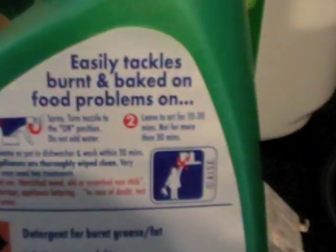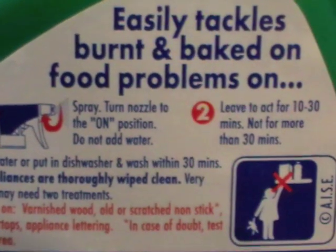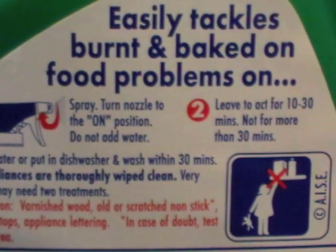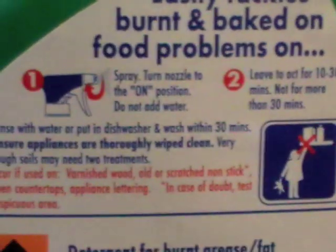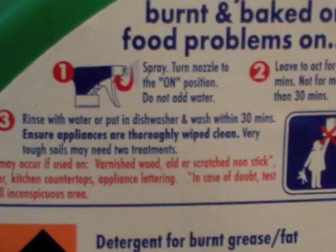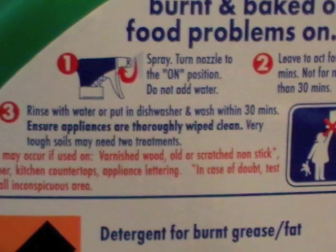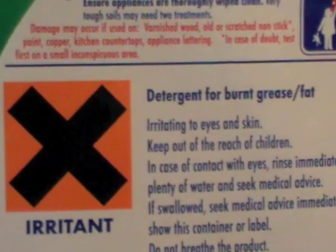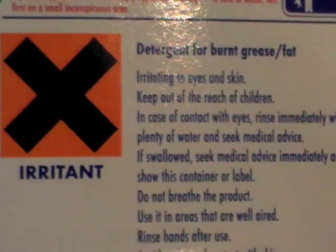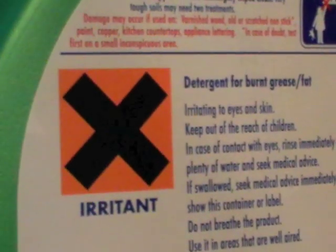Okay, just so you're aware, here are the details of Fairy Power Spray. It's quite a strong substance. Spray, turn the nozzle to the on position, do not add water. Leave to act for 10 to 30 minutes and no more than 30 minutes. Rinse the water, put in a dishwasher and wash within 30 minutes. Ensure appliances are thoroughly wiped down. Very tough soils may need treatments. And it's got the big irritant label on it as well, so anything that's got an irritant label on it, protect your skin. You don't want it harming you in any way whatsoever,